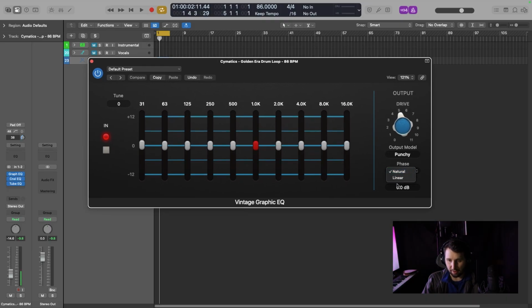So I touched on this in the last video, but these two options. Natural is another name for analog phase EQ. This, again, tries to replicate the analog hardware, and this type of phase introduces a bit of latency, but the delay is usually small compared to the delay introduced by linear EQ. Linear EQ usually has a larger delay, but